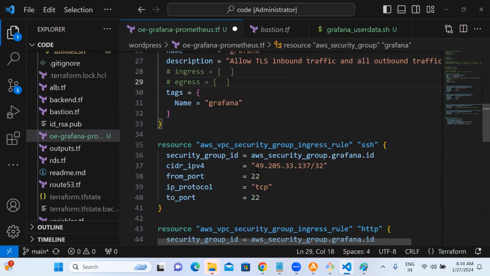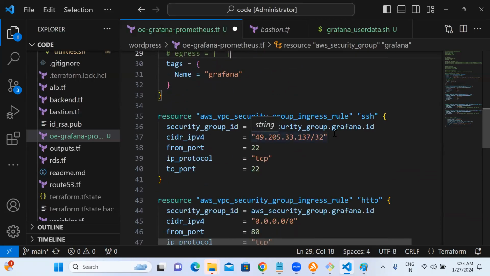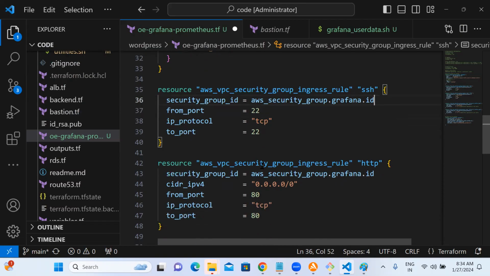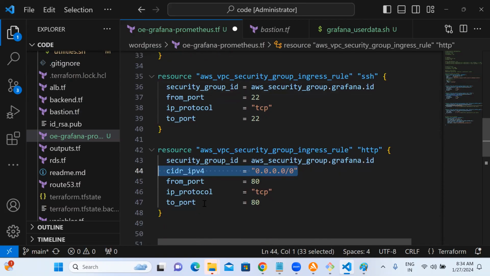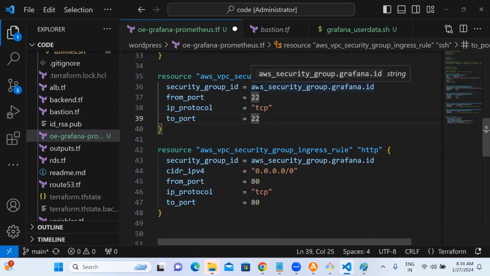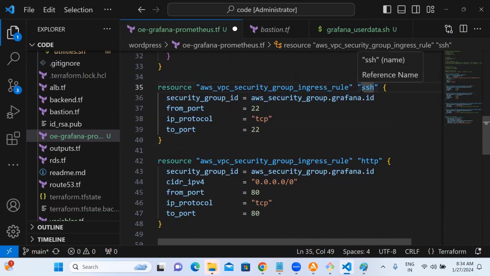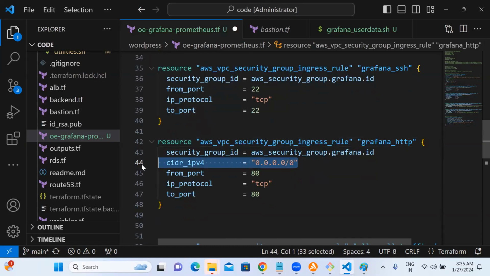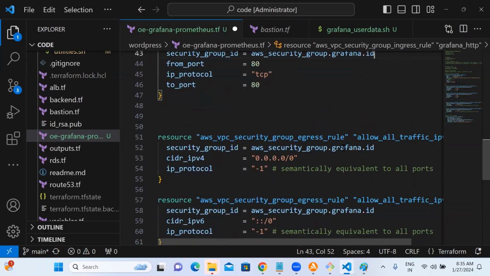Grafana. The second group will come. Don't expose this to the outside world. Just remove this one, and then this will be linked here. Don't expose this one also. Admin has to connect, that is for sure, because he has to install or check something. This machine will be in private, so you need to connect from Bastion. You should allow this one as Bastion. Grafana underscore, let it be. Let's remove this also.